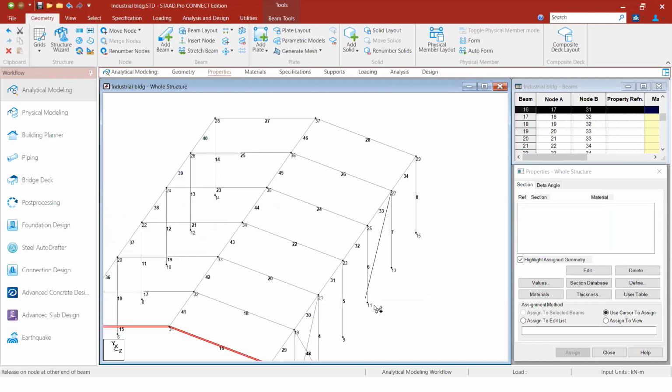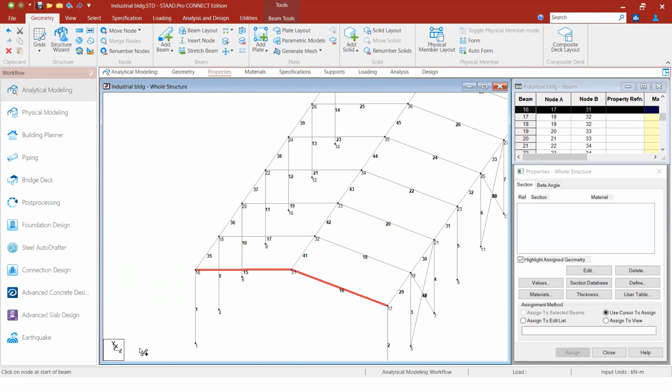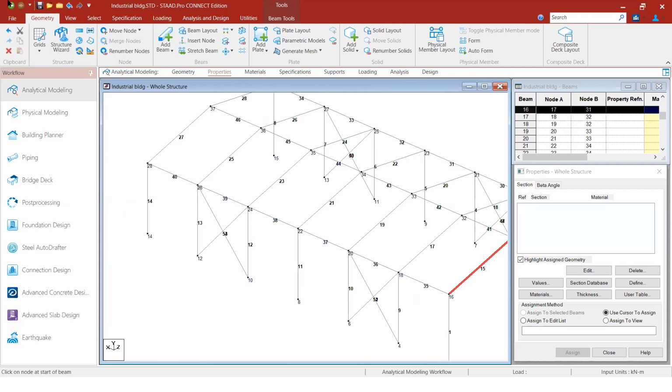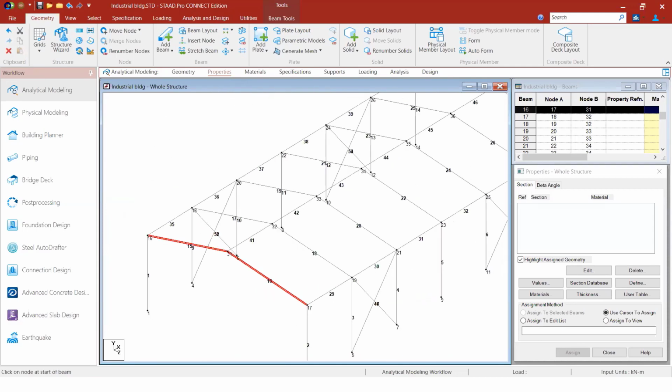Okay, I'm not providing bracings in the end bay, because since I am doing the design for lateral force, wind force as a dominant case, I've just considered this as a bracing, not at the end bay, but at the bay after the end bay.